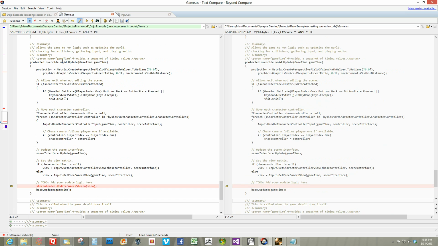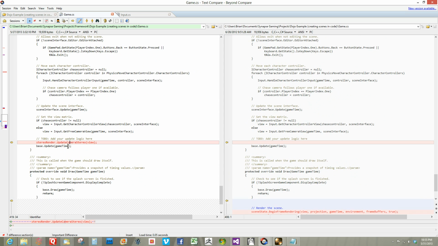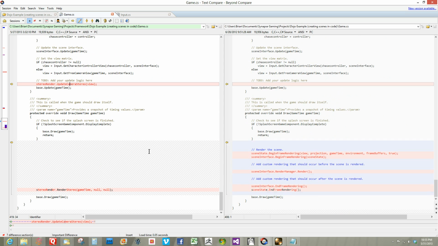And then in the update method here, you need to pass the view that's being created to the stereo renderer so that it can update each one of its left and right eye views. And in the case of Oculus Rift, it will do some extra work to make sure that that view is Rift accurate. And then in using the stereo render, you can actually get rid of all this extra code and replace it with just this one line, which probably nets out to a net 0 lines of code, where you're able to just call render stereo. So it only takes 5 lines in order to add full stereoscopic rendering support with Oculus Rift to any